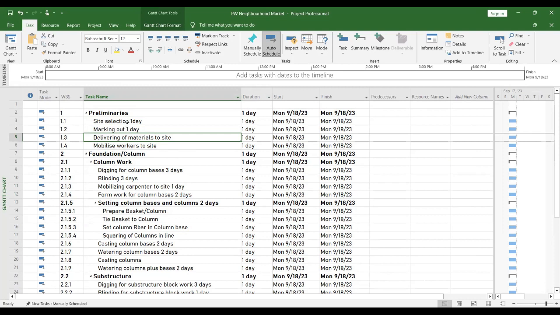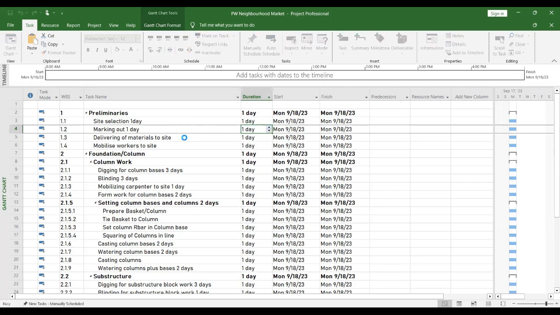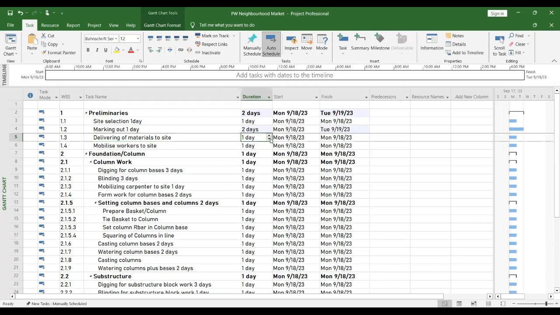Watch, for example, site selection, Mr. Wesley said that 1 day, right? Which is okay. Marking out, which is setting out. Mr. Wesley, are you sure you can do it in 1 day? Yes, sir. Okay, but let me just use example that it's 2 days so that I won't just have one. Delivery of material. Since we have several materials, let's say it happens over a period of 5 days,